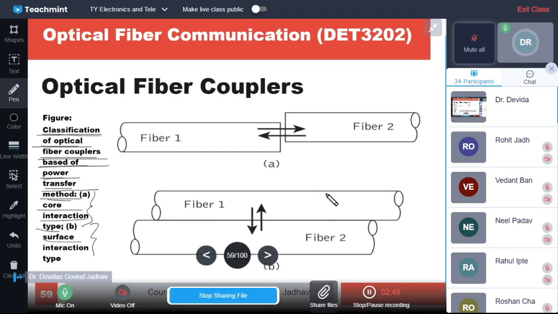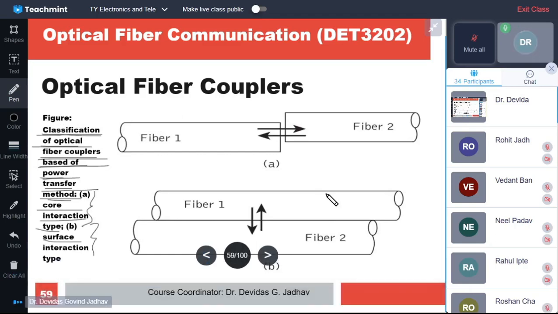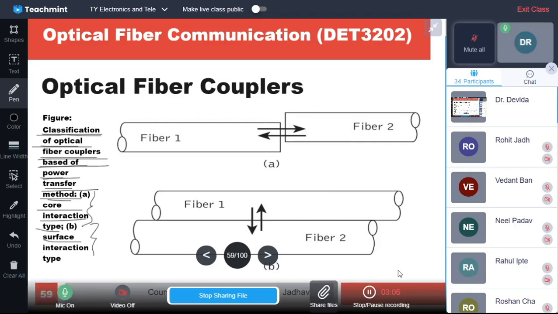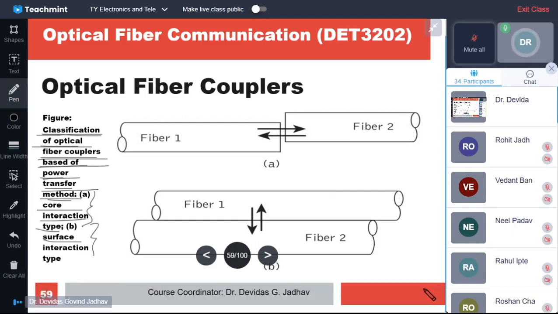We'll check this in detail about the couplers in tomorrow's lecture. So please solve the quiz which was allotted yesterday, and today also I will allot one or two quizzes after this lecture. Solve all these quizzes because they have a time limit also, and while solving, first attempt the quiz and then return from your classroom.